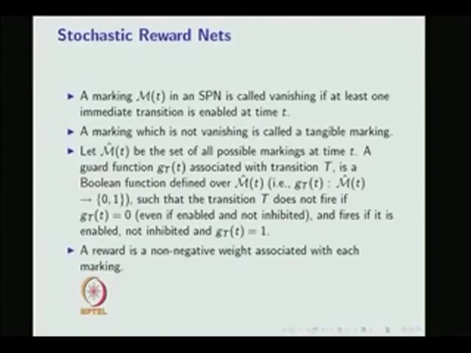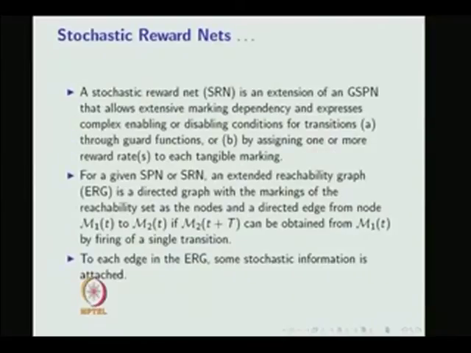A reward is a non-negative weight associated with each marking. So, we are first defining what is a reward and what is a guard function. Along with the reward and guard function, we are going to define the stochastic reward nets. A stochastic reward net is an extension of generalized stochastic Petri net that allows extensive marking dependency and expresses complex enabling or disabling conditions for transitions through guard functions, or by assigning one or more reward rates to each tangible